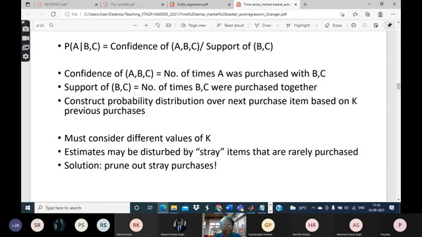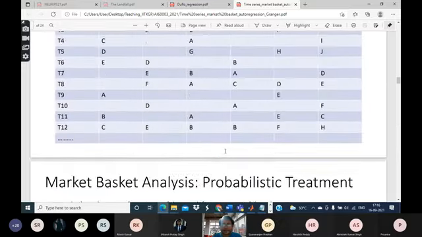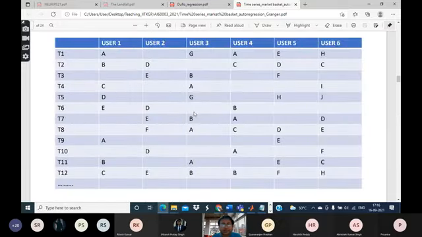And another important thing is that, as I was saying earlier, there may be some stray purchases. That is to say, some rare items a user may purchase which they otherwise don't purchase. For example, this F, it is possible that this F was a rare purchase. On the other hand, say if we consider user 5, right? So here we can see